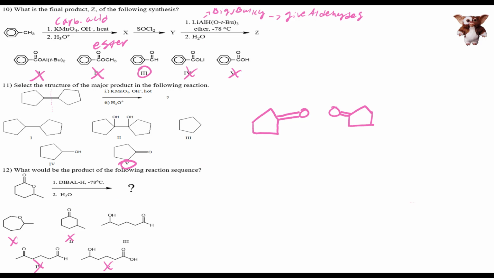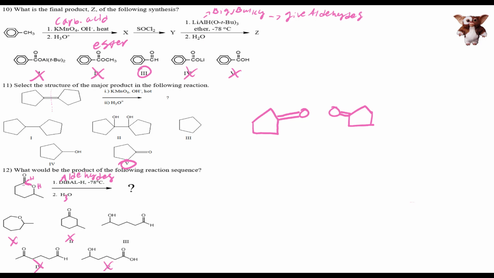Okay, so diisobutyl aluminum hydride is always going to give you aldehydes. Okay, it's going to give you aldehydes if you're working with ketones. So there you go. Pretty cool, right? And basically, you're going to get an aldehyde right here. And then you're going to have a negative oxygen, an alkoxide. Well, the acid workup comes from the water. Let's pretend that this is hydronium. So let's say it's H3O+. Well, the hydronium is going to donate a hydrogen, and it's actually going to give it to the oxygen, making